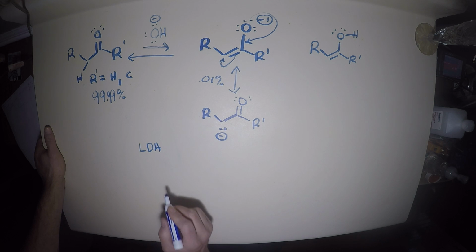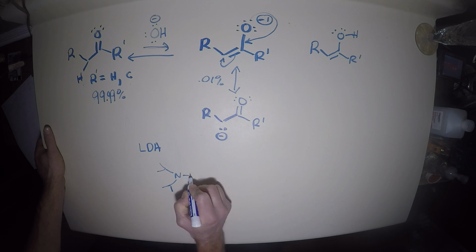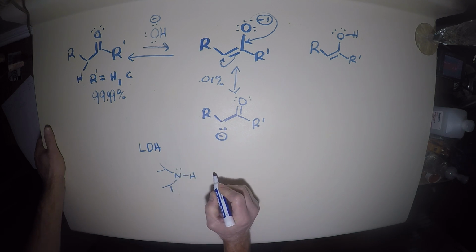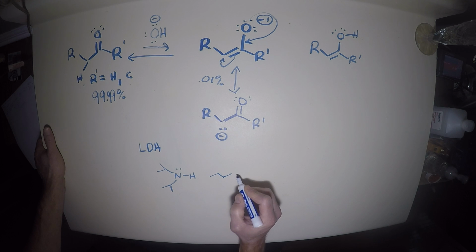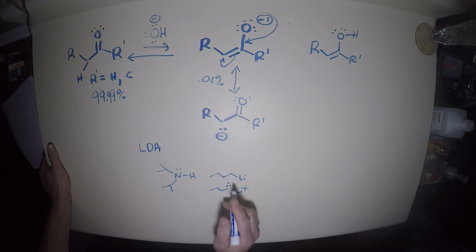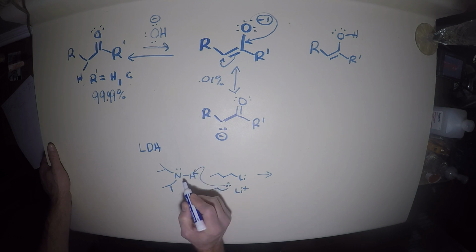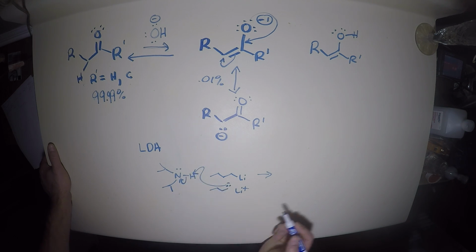And again, to form LDA, you would take diisopropyl amine with N-butyl lithium. And recall, we could show N-butyl lithium as an ionic or a covalent molecule. Either way, what that's going to give us is LDA, which again is